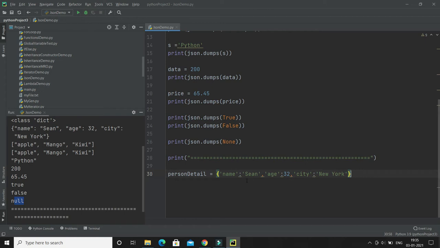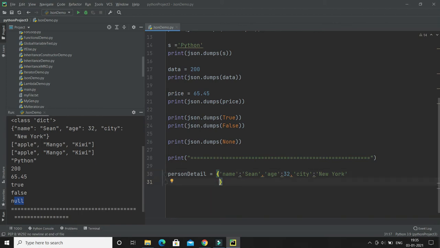Now let me create a little complicated JSON. Let me add some more data. So here I have one dictionary, this is the dictionary I have added, and within that dictionary we can add some more fields. Let's say I'm going to add some more fields.